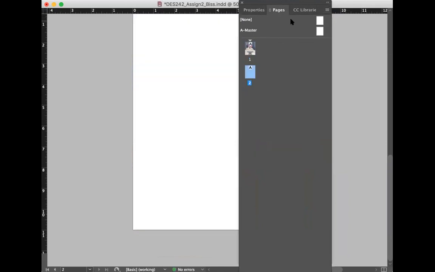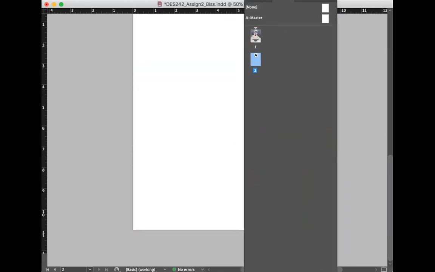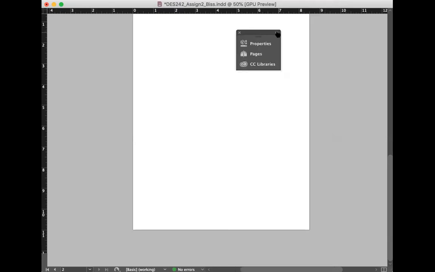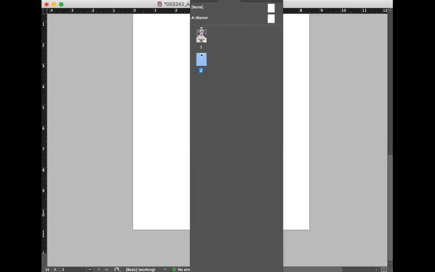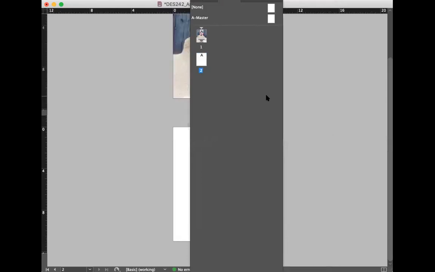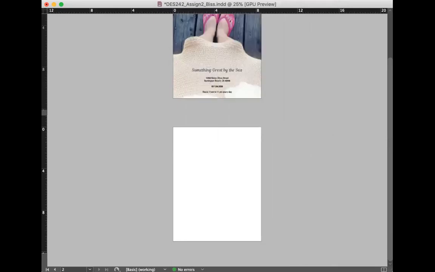Or you can go, and I can't see this on mine actually here. Hold on one second. I don't know why my thing's so far below here. Ah, my panel got stuck. Let me reset my essentials here.